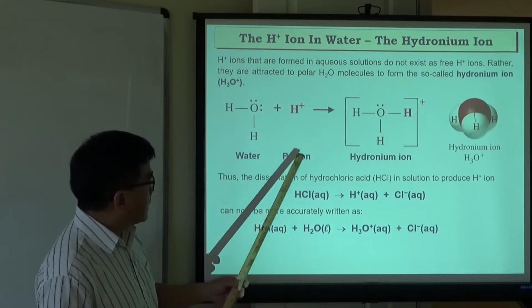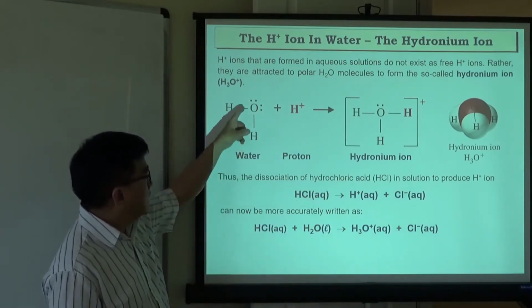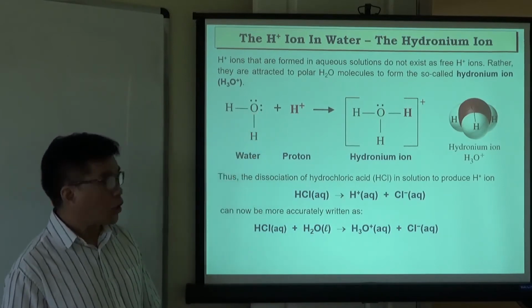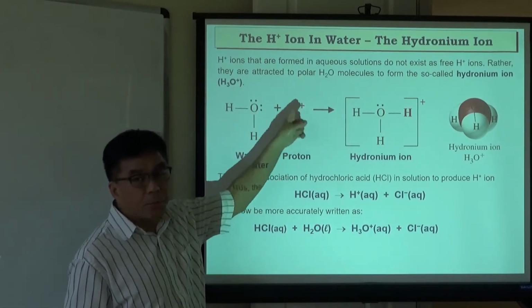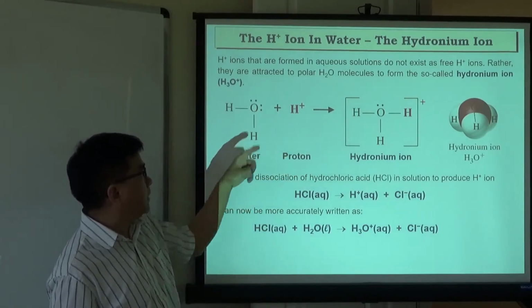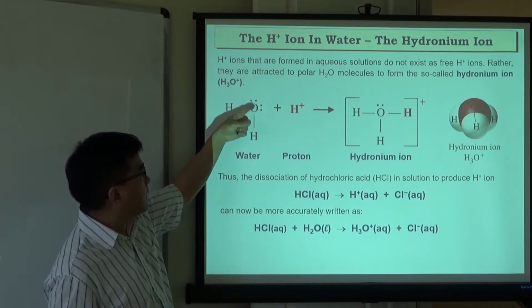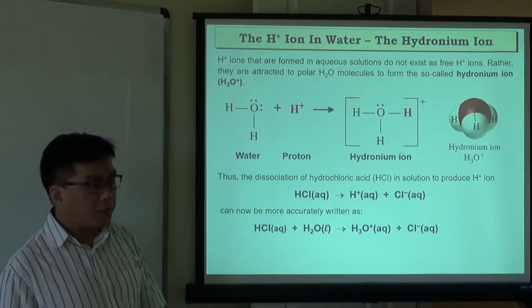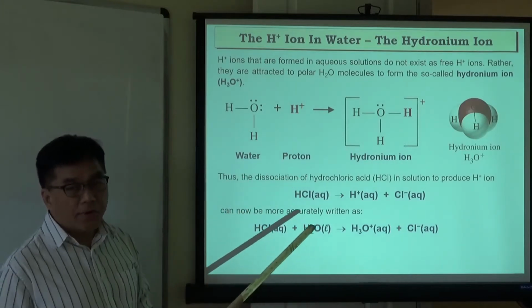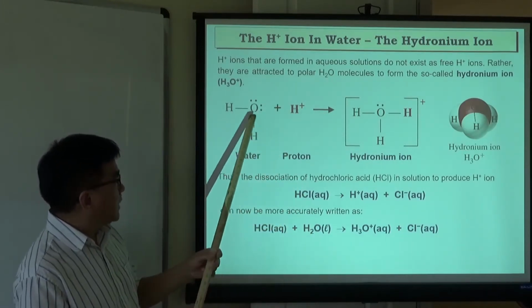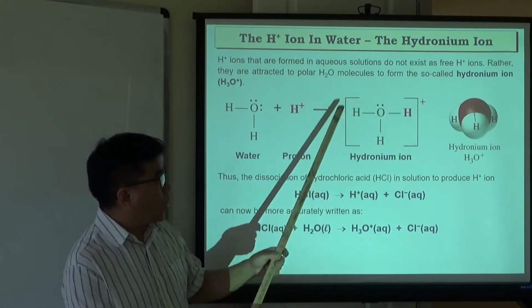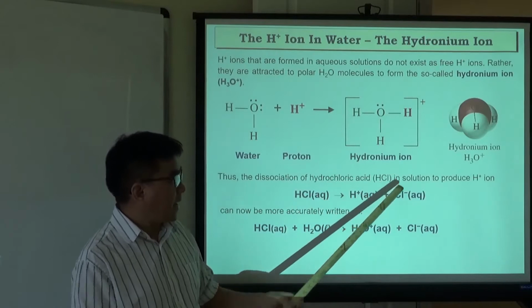That's because water is polar, and water has lone pairs of electrons which are negatively charged, and the hydrogen ions produced from the acid are positively charged, so the hydrogen ion is attracted toward the oxygen where there are 2 lone pairs of electrons. So there's no such thing as a free hydrogen ion floating in solution, but rather the hydrogen attaches to one of the water molecules to form a so-called polyatomic ion,